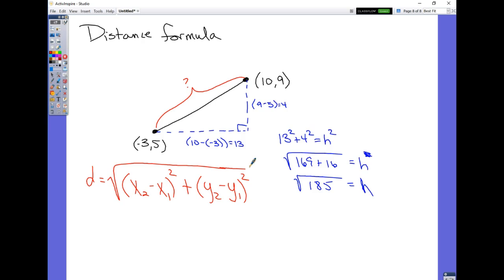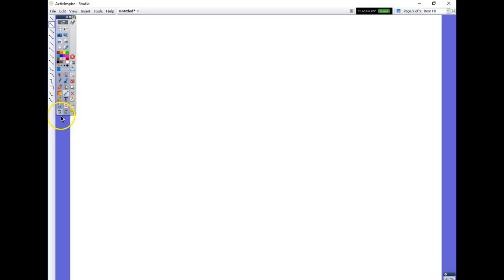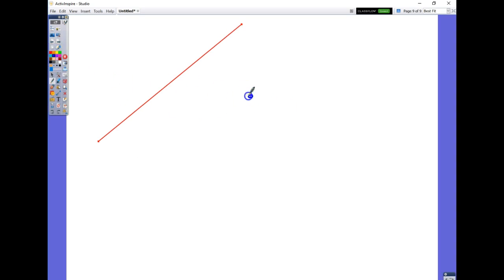Now, one of the things that they're really interested in doing is evaluating the distance from a line to a point. I would really want to be able to put a coordinate grid up, but I really don't want to draw one. But they'll give us a line. Oh, that bothers me. I want an actual line. They'll give us some line that exists, and then they'll give us some point that exists. I'll call that AB, I'm going to call it line L, and the question will be something along the lines of,